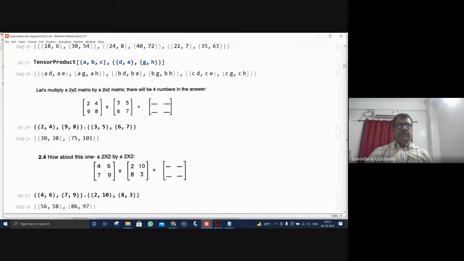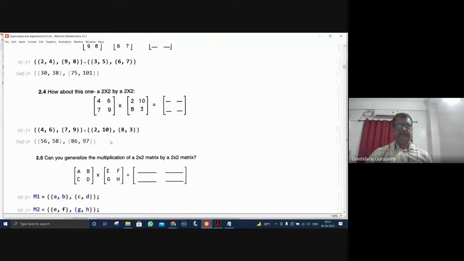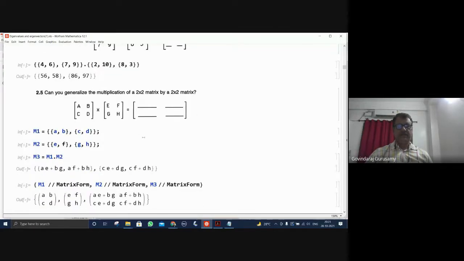Okay, and then there is a 2 by 2 matrix multiplied by another 2 by 2 matrix. You get a 2 by 2 here, and this is the number which is given, and this is the number that will be given. So you write it as a row of the first one, row of the second one, then make a multiplication. So this number is the 2 by 2 again. This is another number, you can try and check it. Another number you can try and check, but you make it in its generalized form: A, B, C, D, E, F, G, H.